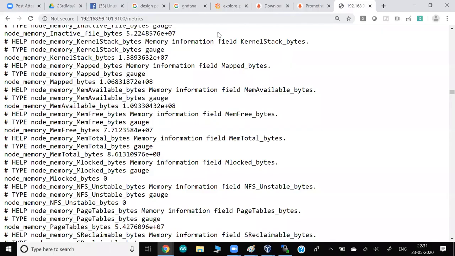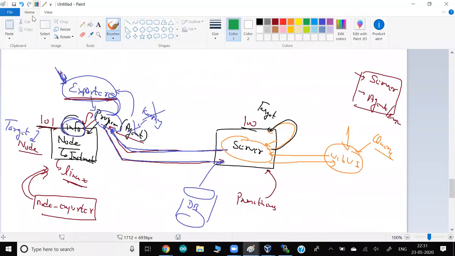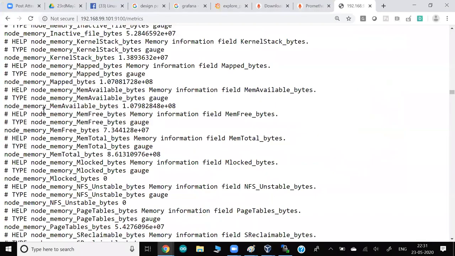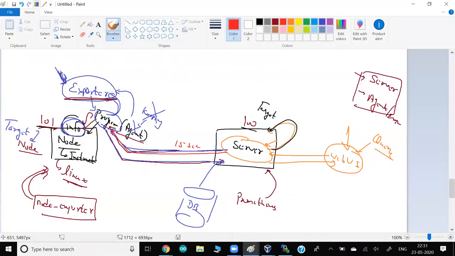either you manually, as a human being, go and refresh and collect the information, or what I can do for you as a server, this part I will do for you. I keep on going to this program every 15 seconds, or you can change the time. I'll again run the same program, I collect all the information, and I keep on storing all the information in my database. So it will save it for you.